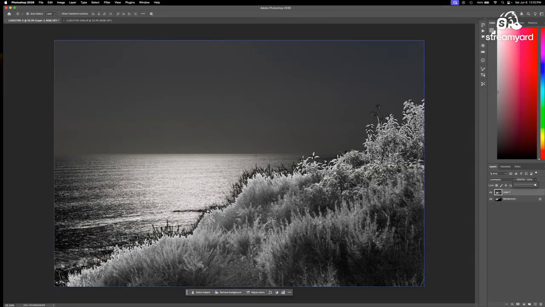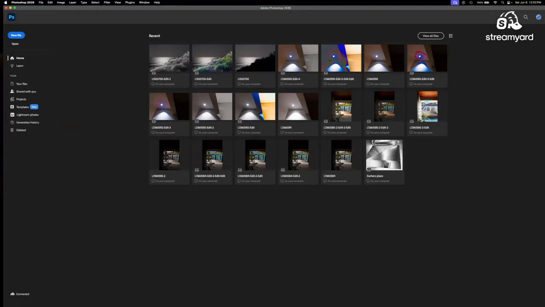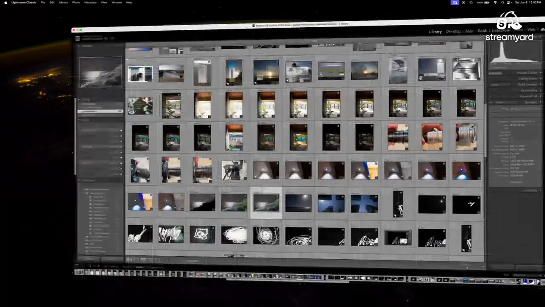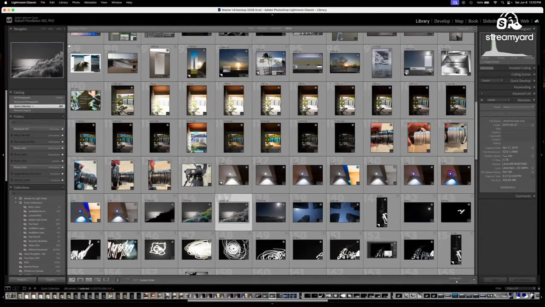So now I've got a single image HDR. I never would have been able to capture these highlights here without it. And there's a little bit of the green information coming through. I already have this one, so I'm going to close it and not save it. Go back to Lightroom Classic.